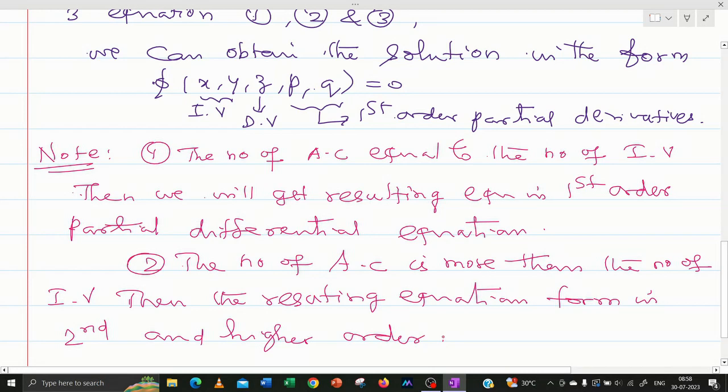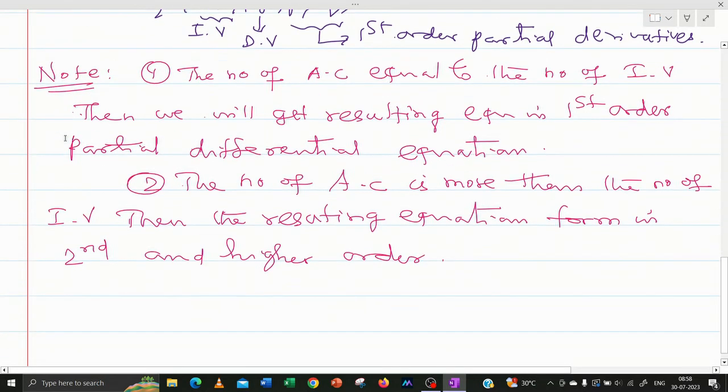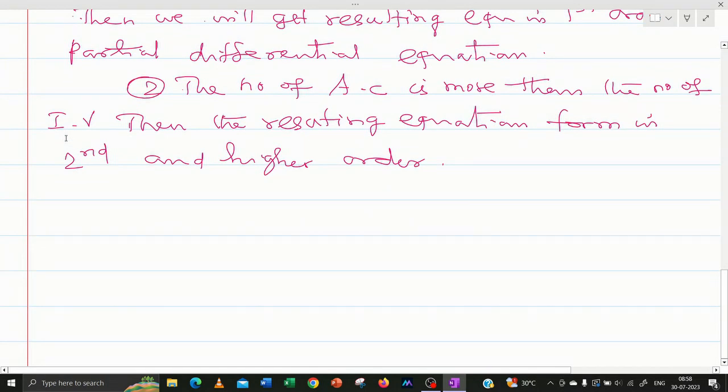That means in case the equation contains, from the first note, we can show that